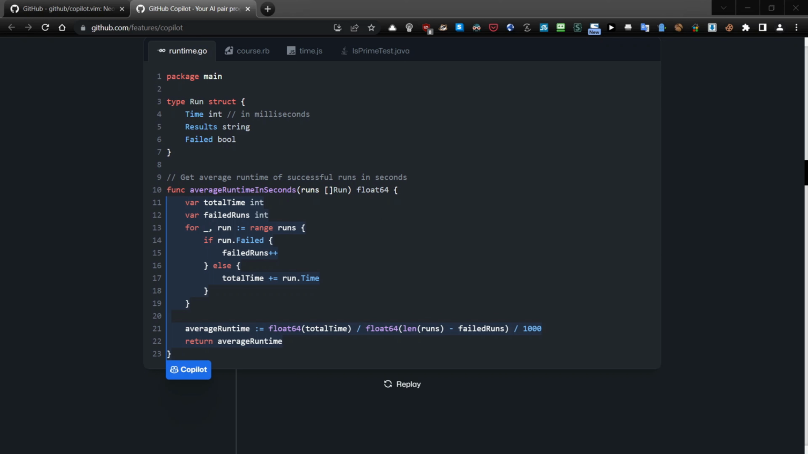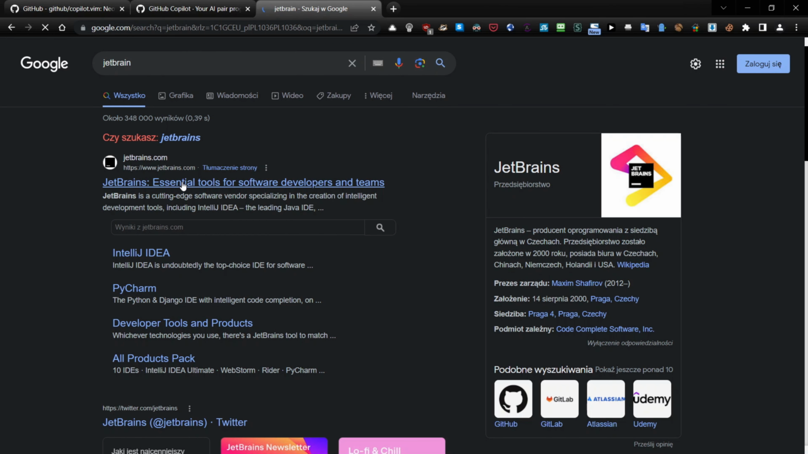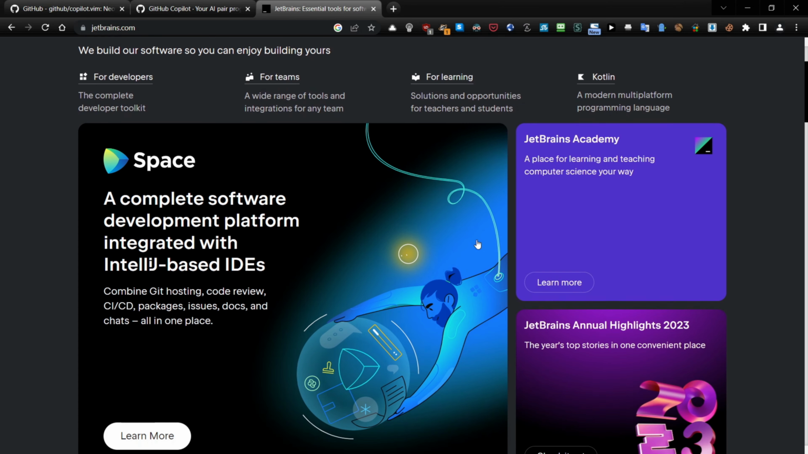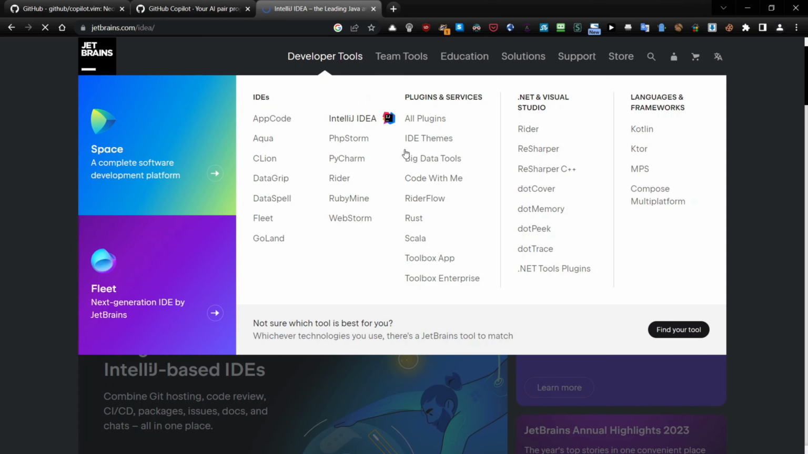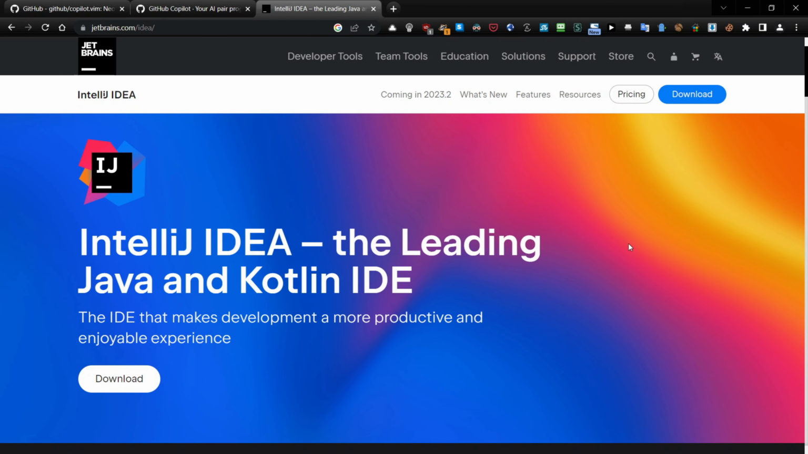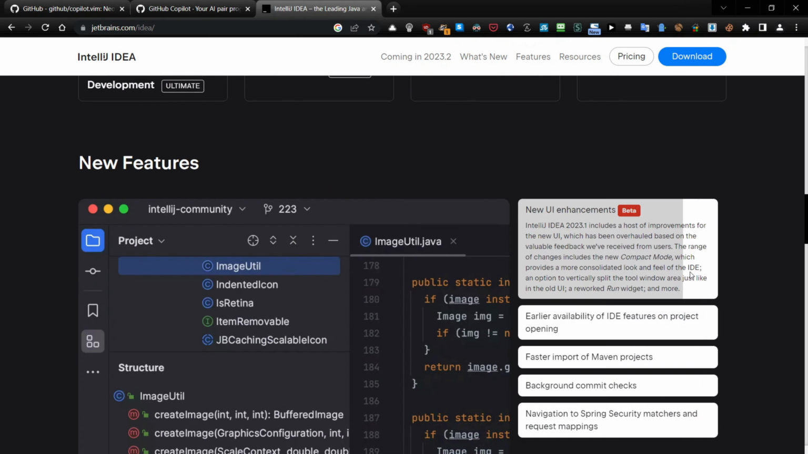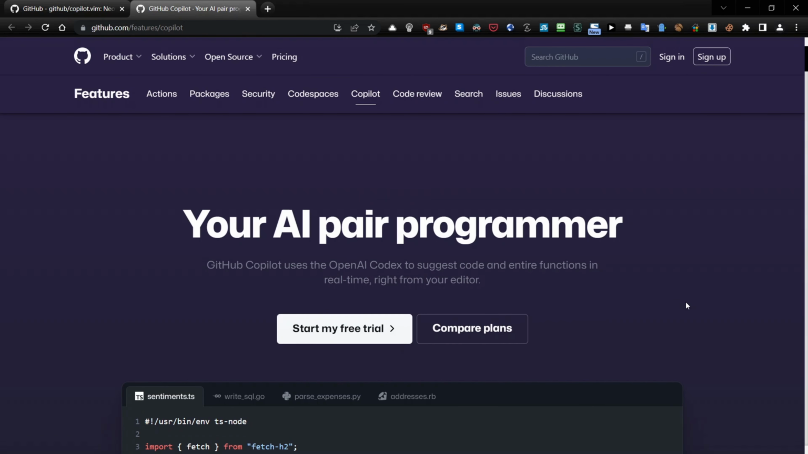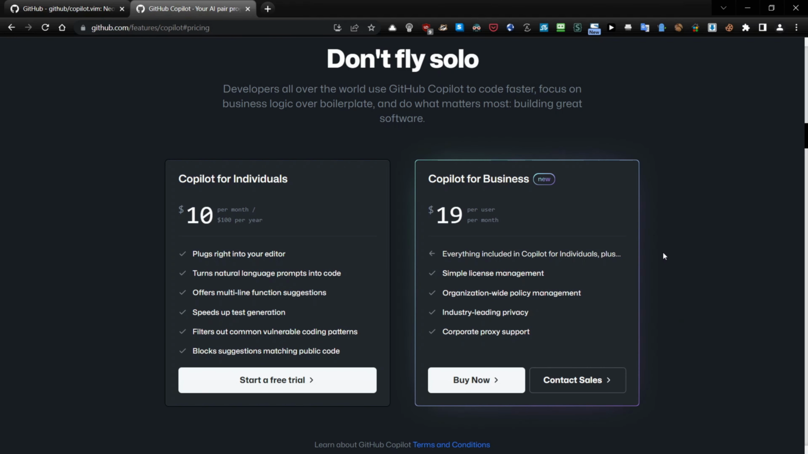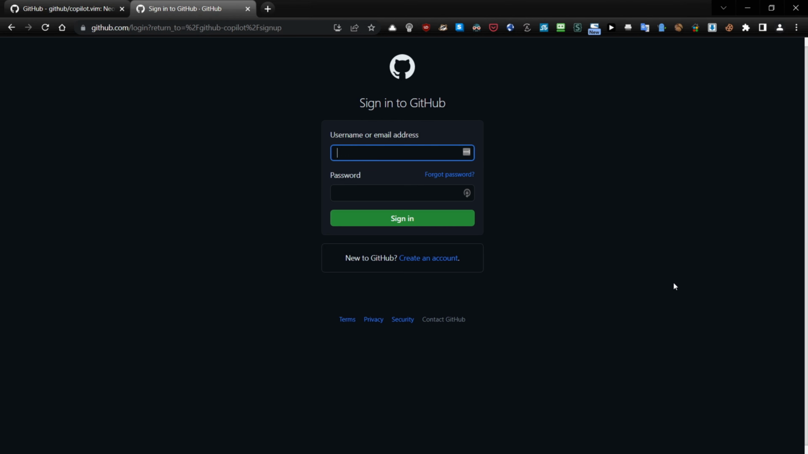But I'm not sure who is still using Eclipse, because we have excellent software from JetBrains, and if you type it here, JetBrains, yeah, and you can see the software, and we have IntelliJ IDEA. Developer tools, IntelliJ IDEA, this is it. It's a leading Java and Kotlin IDE, and most programmers are using this IDE for Java. However, we will go back to the Copilot, and then we can see we can compare plans, and no, I wouldn't like to start my free trial, and you can use GitHub to get into this tool,